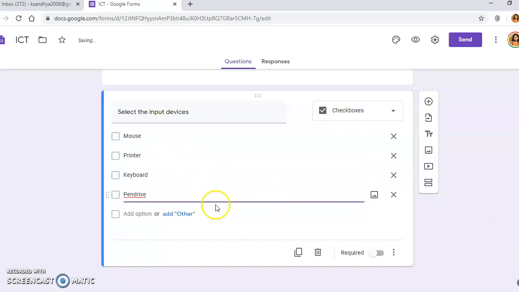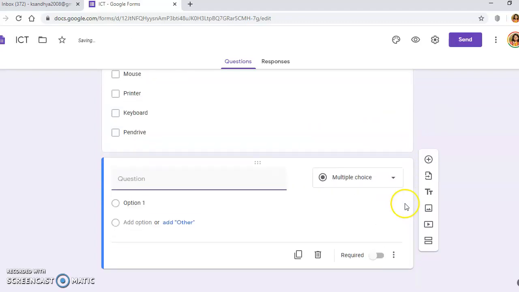Okay, I have given 4 options here. I made this question again mandatory, and students can select more than one option when I select checkbox as a responding tool.